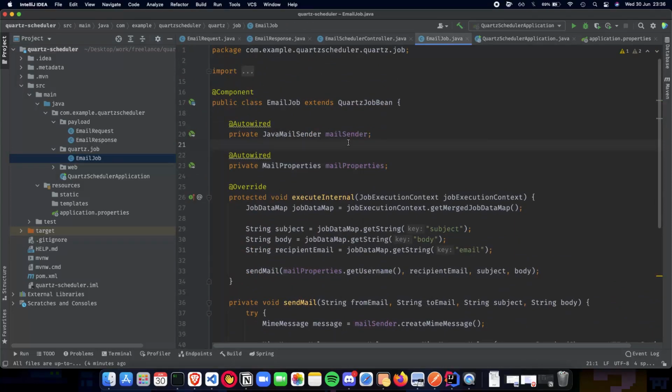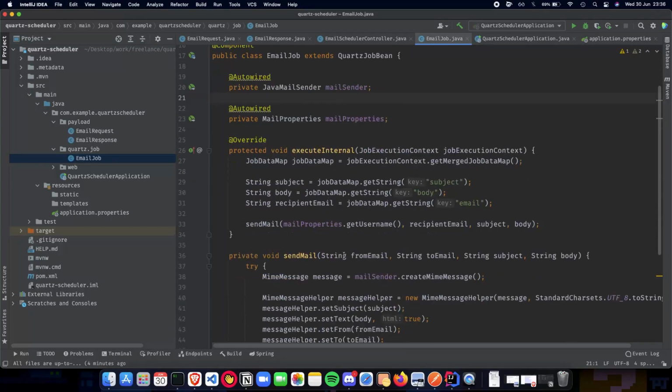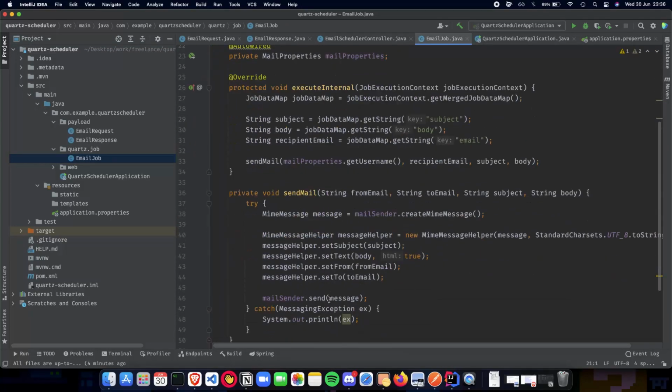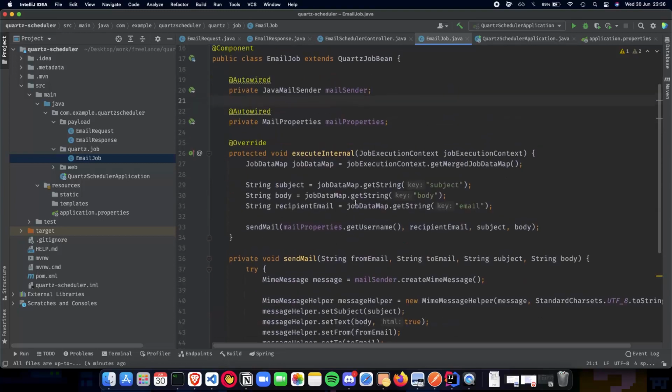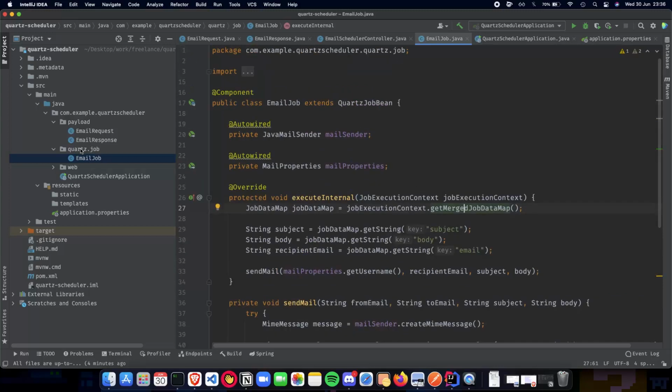It uses mail sender and mail properties to create the message and then send it. We also handle the job execution context and the job data map in this set of lines of code, and make sure that the appropriate email is sent to the appropriate person. And finally, we have our